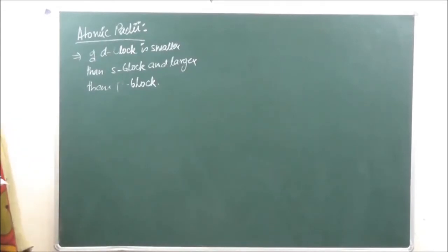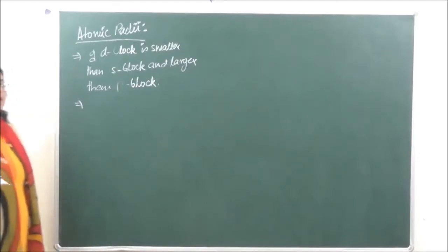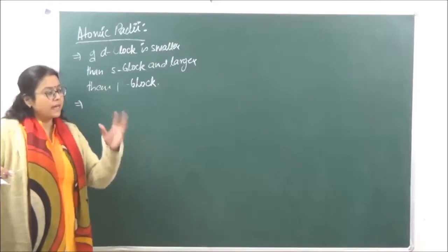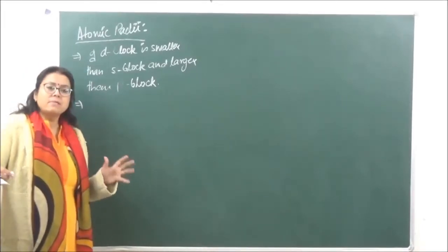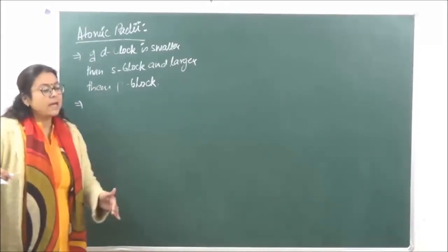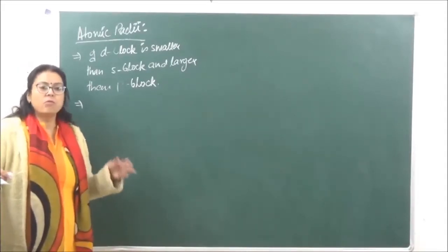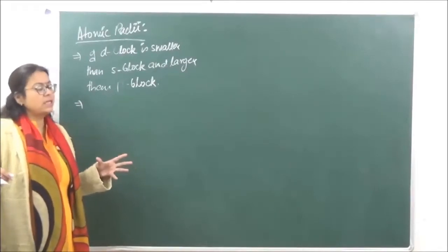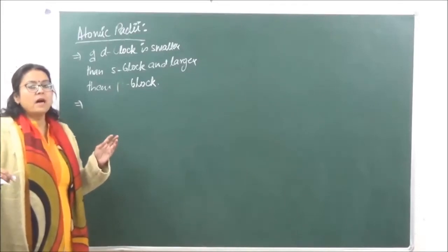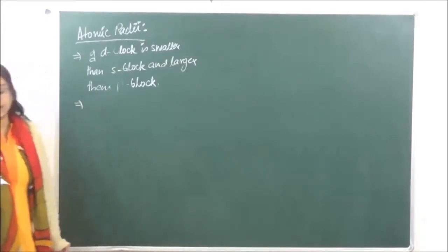Now atomic radii of elements, we spoke of D block, तो हमने बोला था कि हम पढ़ेंगे इस पे the general characteristics along a period rather than in a group as we study in S and P. जैसे S और P में हम लोग S पढ़ते हैं तो alkali metals पढ़ेंगे, फिर alkaline earth metals, that is down the group. Over here we are going to study series. जैसे 3D सीरीज हमने कल करी थी, 4D सीरीज करी थी, 5D और 6D सीरीज करी थी. तो यहाँ पे जो comparison है, that is more prominent when we are talking along a series. So let's talk about the atomic radii along a series.